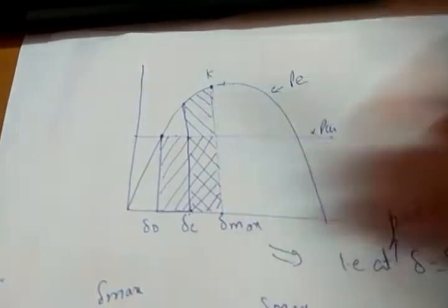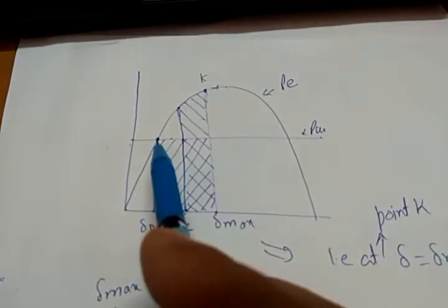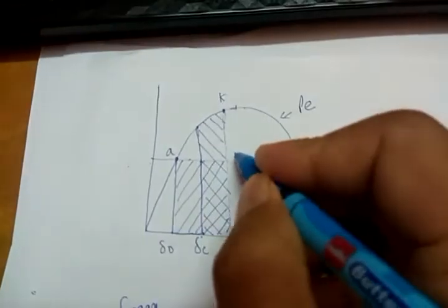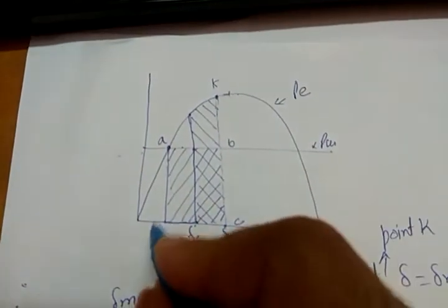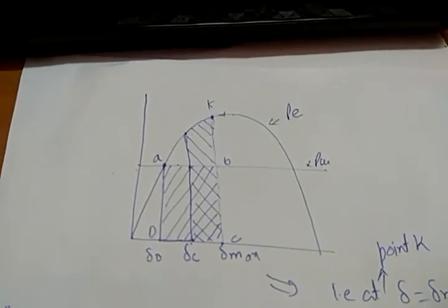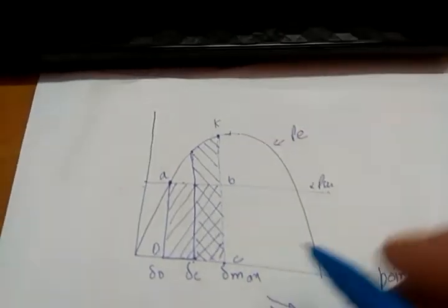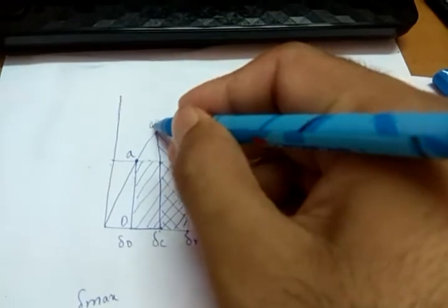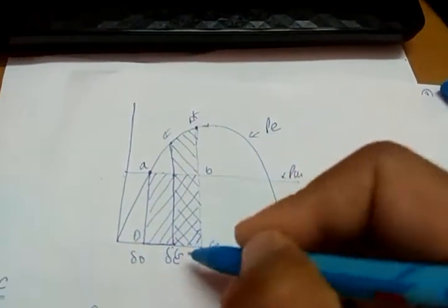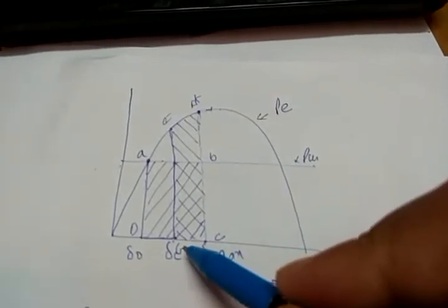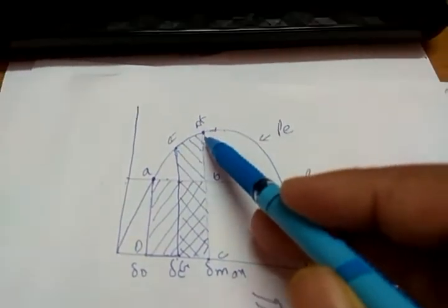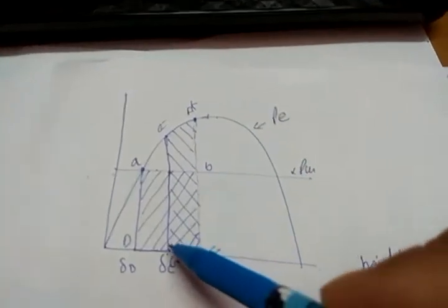As you can see, this is the area made by the shaft power. I will label it as A, B, C, D. ABCD is the area made by the shaft power. What is the area made by the electrical power? Suppose I label it E, F, G. Here it is G. The area made by the electrical power is the area under E, F, B, C, G.